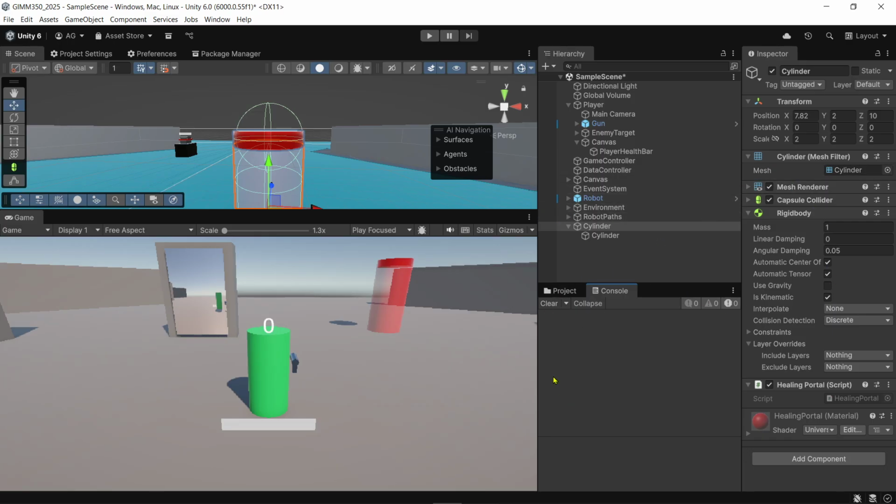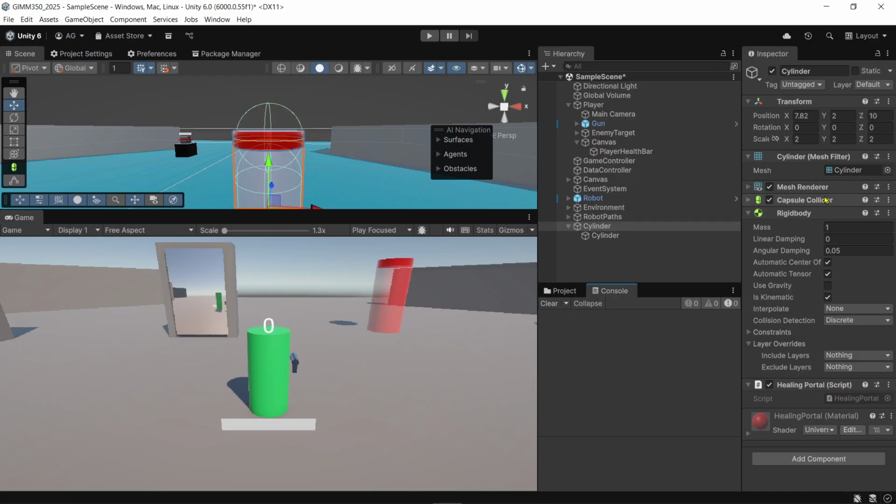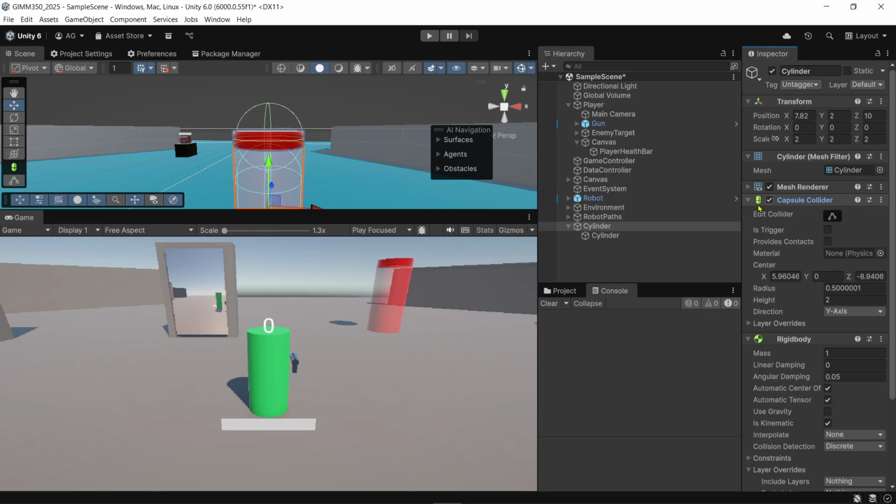We weren't getting it showing up, and the reason for that is we're using on trigger, right? We need to go to our collider and say that it's a trigger. I love things that just have those smart little checkboxes. So with that, now we should